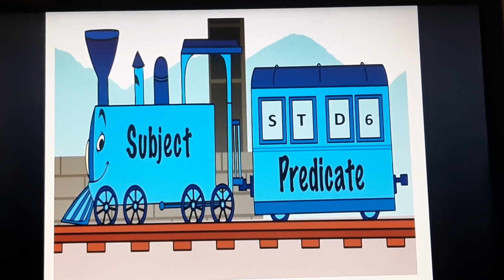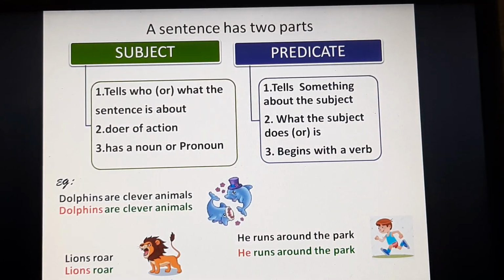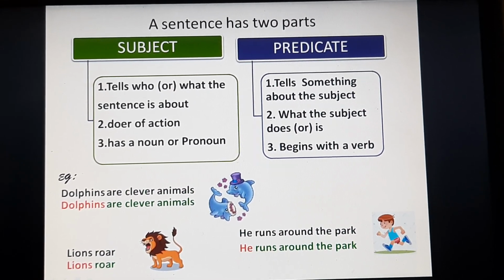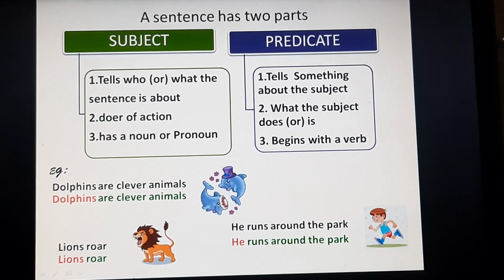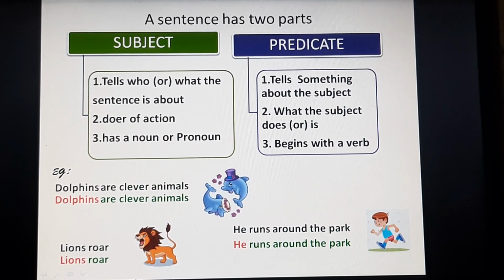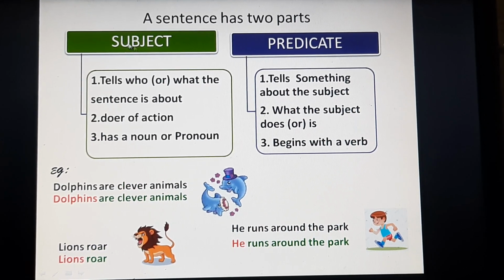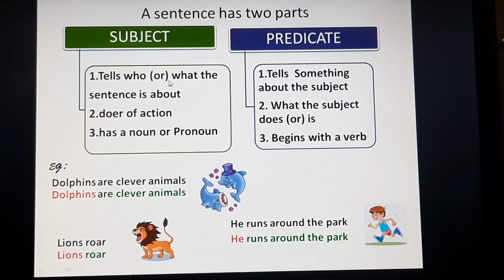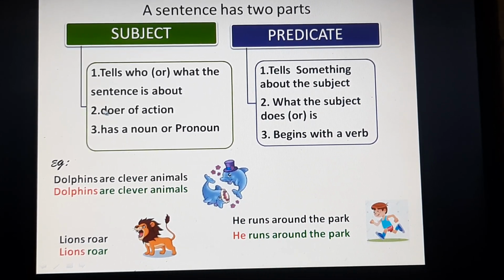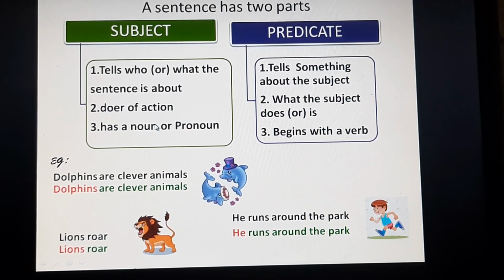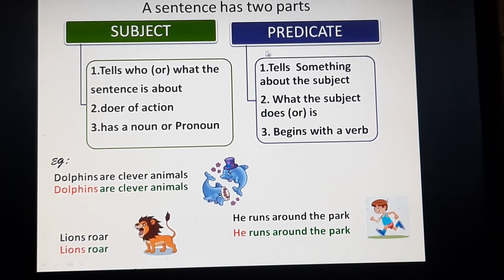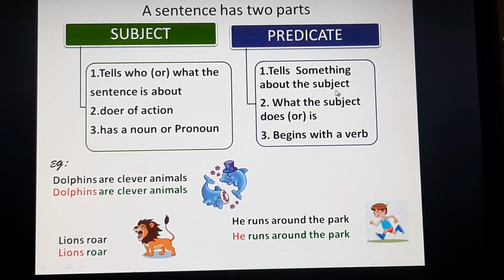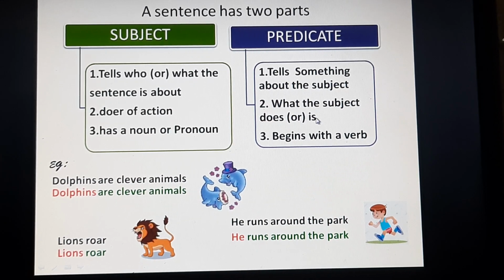Let's learn about subject and predicate. In the previous session, we have already learnt about what a sentence is. Now let's learn about the parts of a sentence. A sentence has two parts, subject and predicate. What is a subject? The subject tells who or what the sentence is about. It is the doer of action and it is a noun or pronoun. What is a predicate? A predicate tells something about the subject, what the subject does or is, and it begins